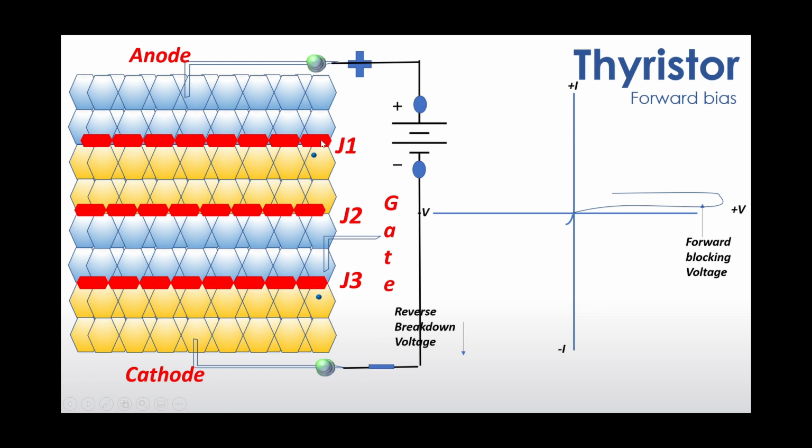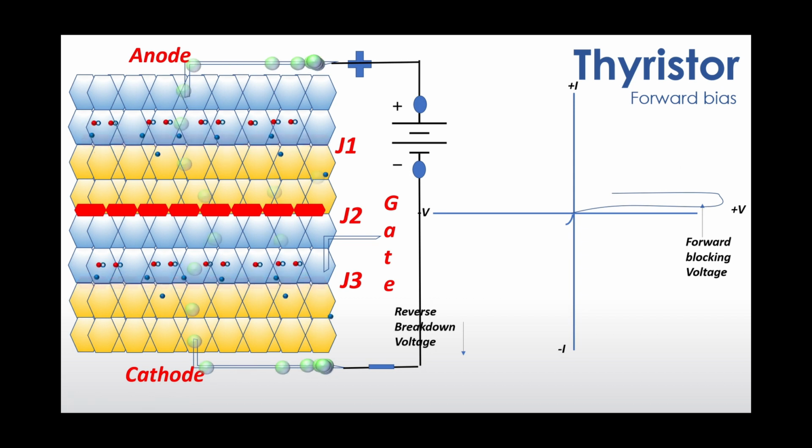We have a battery, a DC source, connected positive to the anode and negative to the cathode. On the right hand side is the VI characteristic when we apply certain voltage to the thyristor. We have closed the switch, and now the positive side goes to the anode and the negative side to the cathode. We see the junctions J1 and J3 have disappeared, so electrons can travel between these PN regions, but since J2 is reverse biased, there is no current flow. So the thyristor is in the off condition.